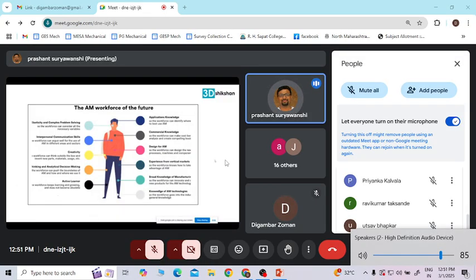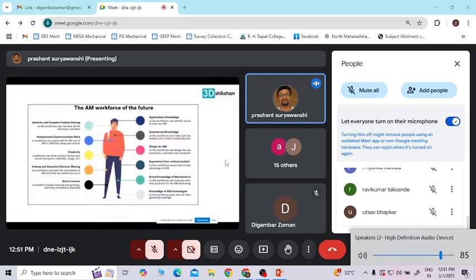So the AM workforce is not only manufacturing, it is not only design, it's a combination of all. On the personal side also, it's a combination of creativity, analytical decision making, active learning, entrepreneurship, communication skills, flexibility, I mean complex problem solving skills. And on the application side, commercial, you should know applications, then design also, then experience of verticals, I mean different applications, so different workforce, and manufacturing, and the technology, of course, which technology to use where.